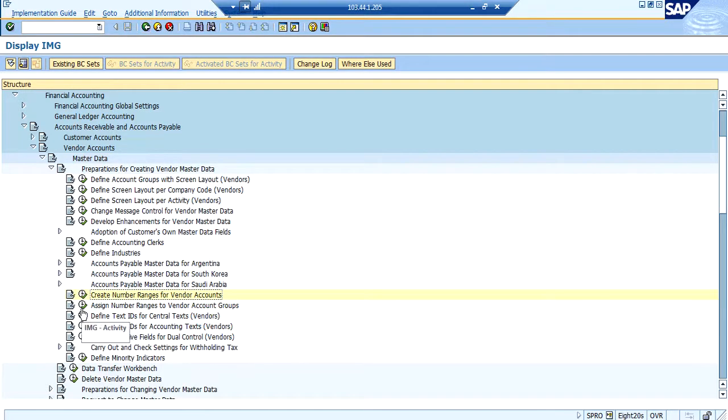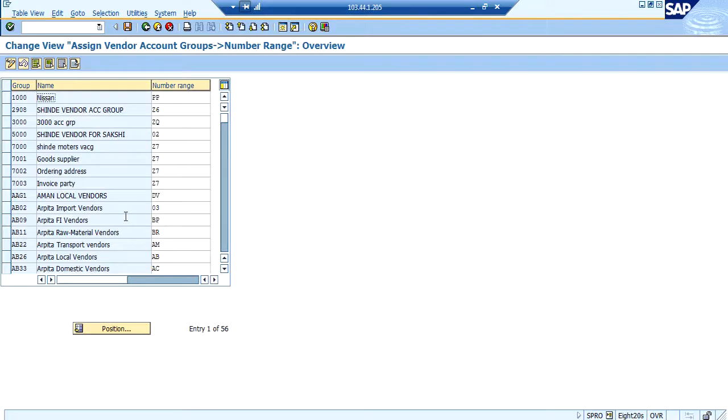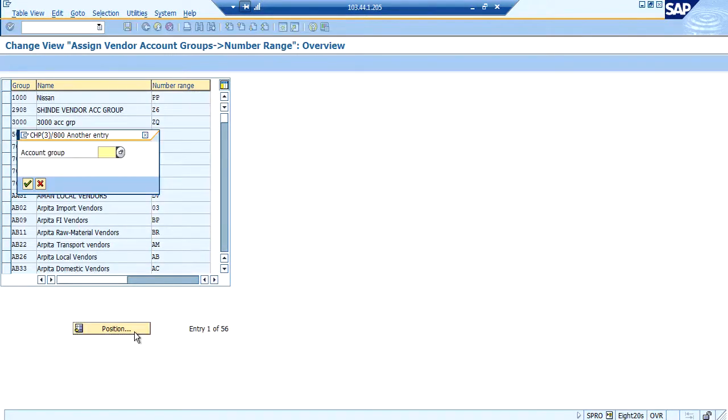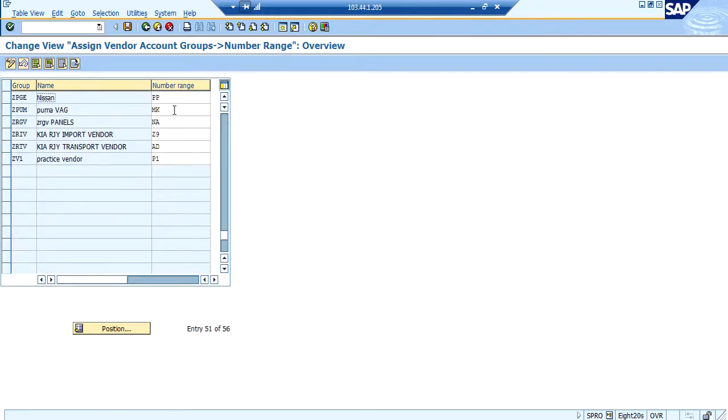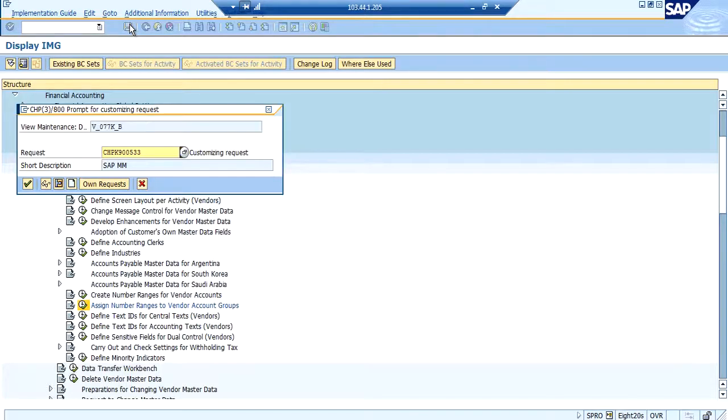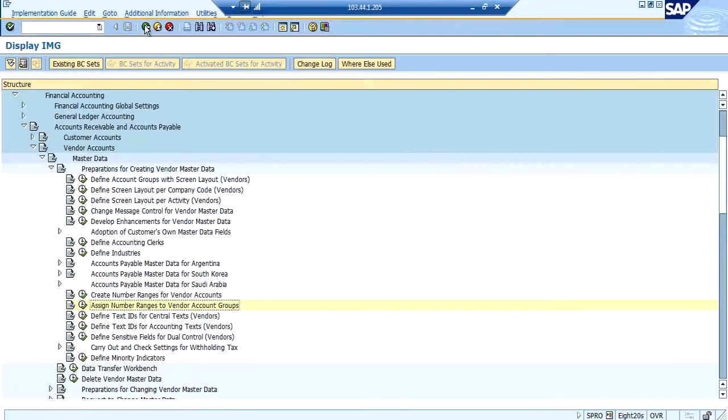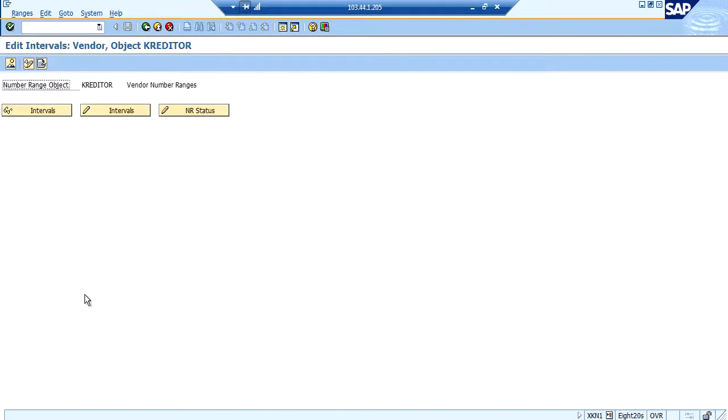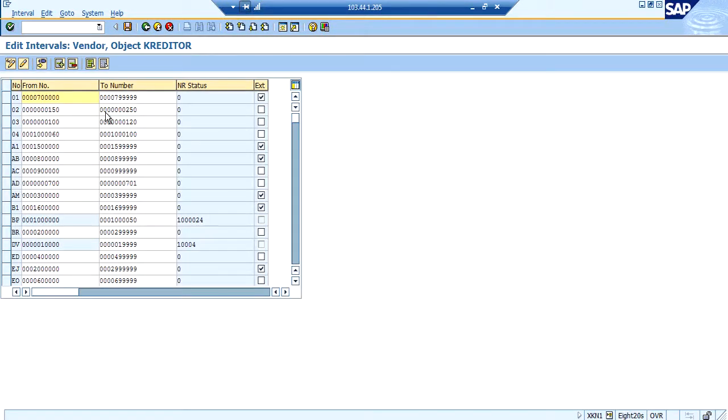Now we have to assign this number to our account group. And we have to remember the number range, because whenever a business partner gets created, a number will get generated.